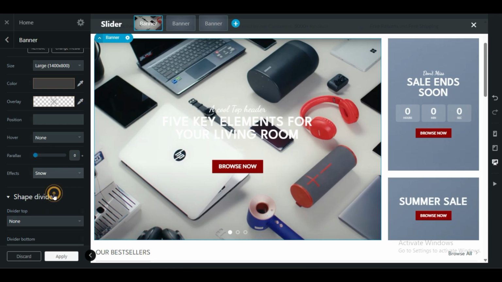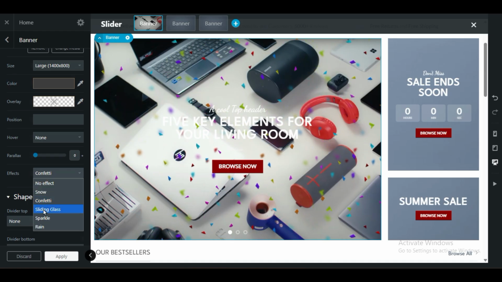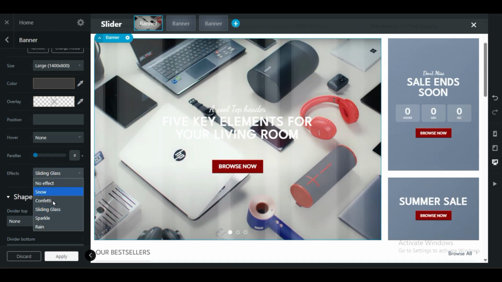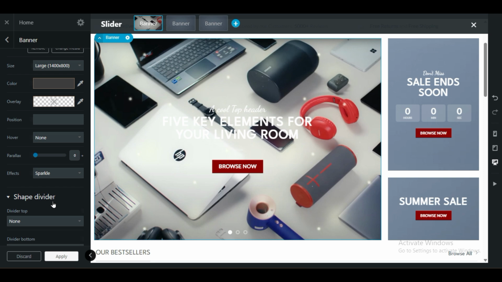Effects, let's add show effect. This is the effect. There are beautiful other effects in the theme. You can use sparkle, rain effect,